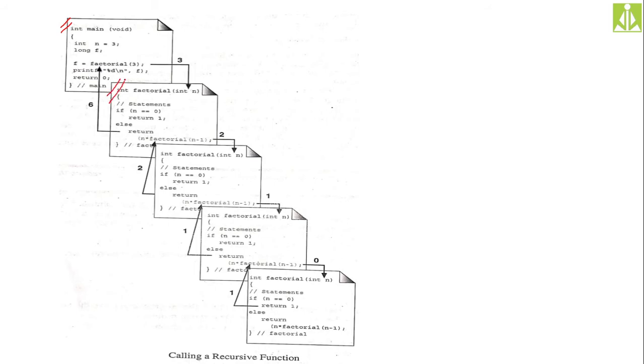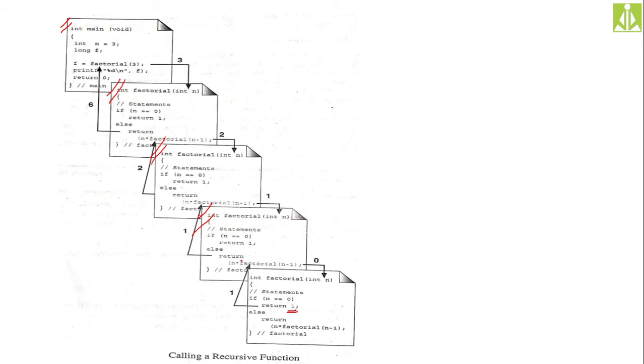Okay, that 2 is invoking factorial of 1, factorial of 0. Likewise, we are getting all the definitions from the passed number to the base case. So this is my passed number and this is my base case. Here we are passing 3, so here it will become 2, here it will become 1, and here it will become 0, and 0 is our base case. So here value 1 will be returned.